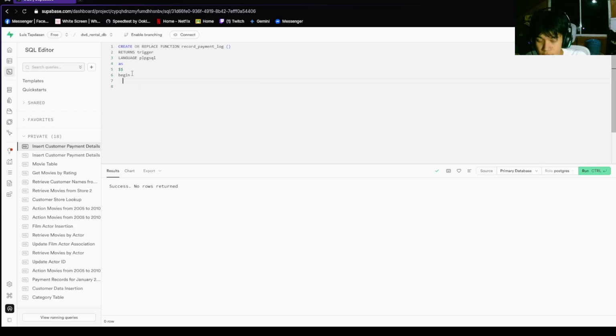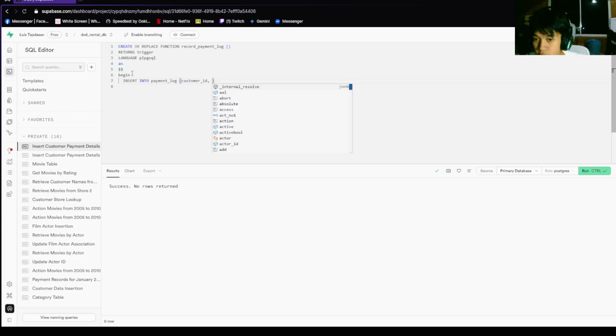Insert into. So we're going to be using the table that I just made previously, payment log, and then we're going to add all the values that I added previously.